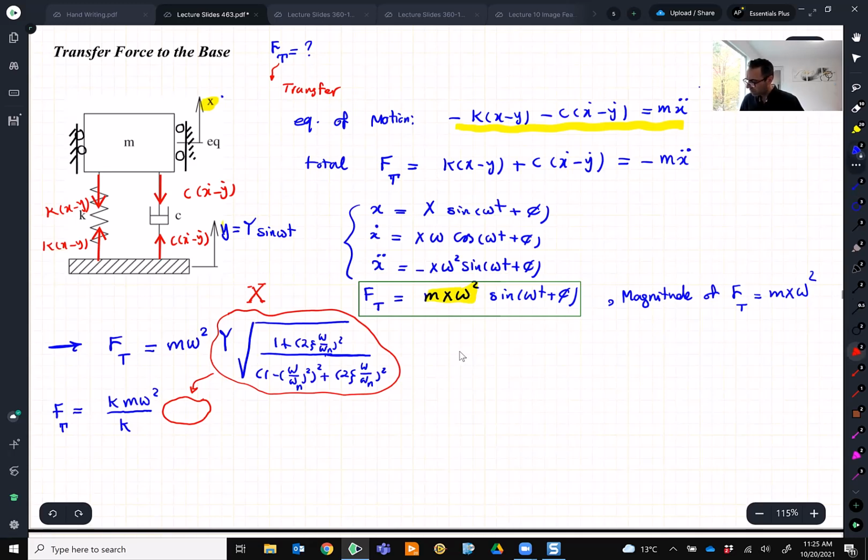So what do I have here? m over k gives me 1 over omega n squared. So from here, I can make the conclusion that Ft